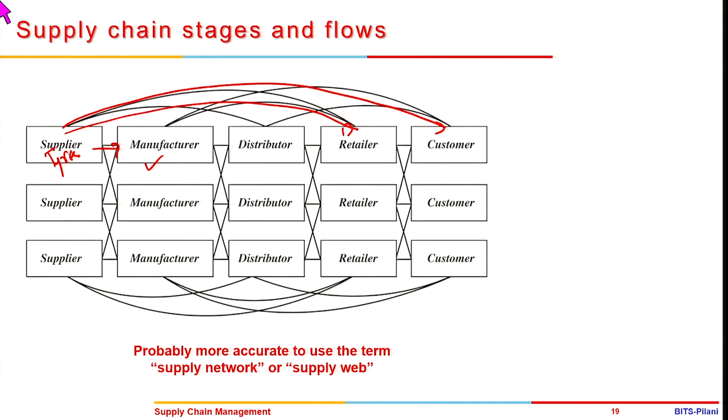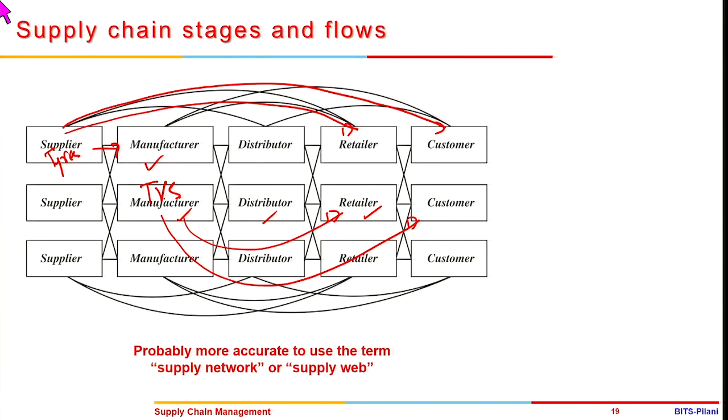And these days you can also buy on the web, and the company may sell directly to the customer also. The same thing happens with TVs. Either the retailer buys from the distributor who buys from the manufacturer, but the manufacturer himself may also sell directly to the customer. With websites, it can sell directly to the customers, and retailers may also buy directly